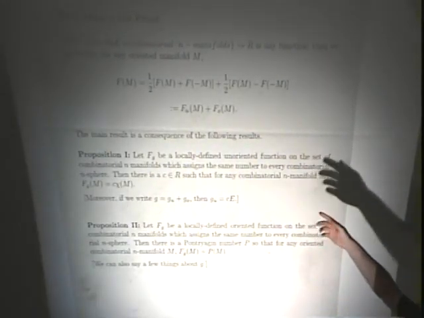Okay. So let me show you how to prove a theorem like that. The theorem falls into two parts. You can take any function on manifolds and write it as an unoriented function plus an oriented function. Namely, you can write its value on a manifold M as 1/2 f of M plus f of minus M, plus the corresponding difference. So you can write it as a sum of an unoriented function, meaning one that does not change if you change the orientation, and an oriented function, meaning one that changes by a minus sign when you change the orientation. So it's enough to prove two separate theorems.